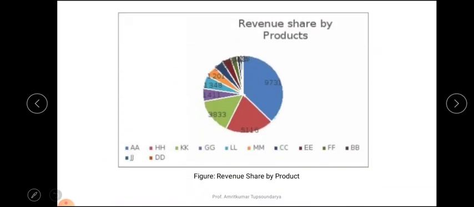So here is the revenue shares by the product. The picture is a little blurry, but you can see the revenue numbers are in thousands while the salesperson numbers are in hundreds, and the revenue portion drops significantly from the first product to the next. And it is interesting to note that the top 3 products produced almost 75% of the revenue.